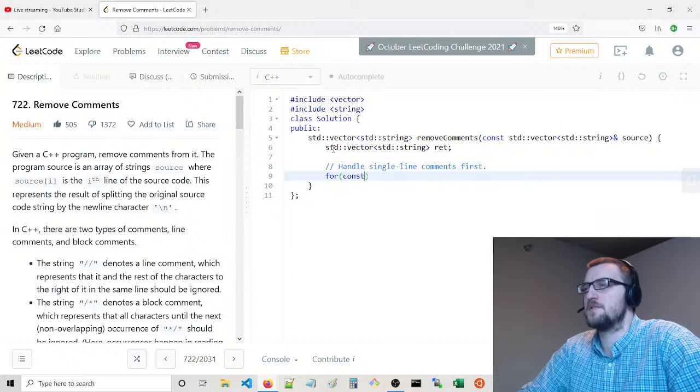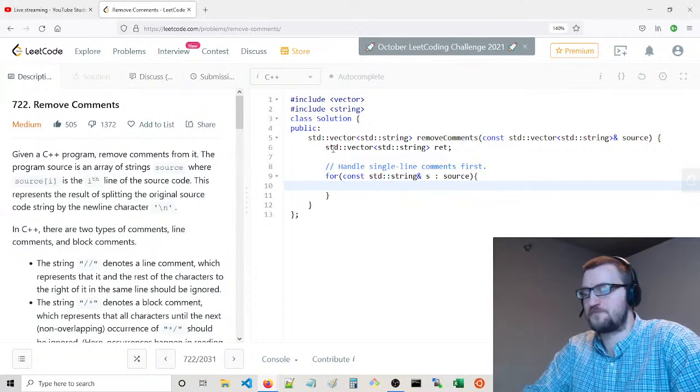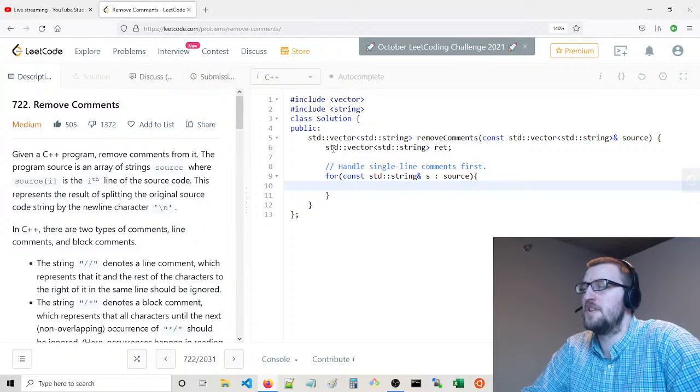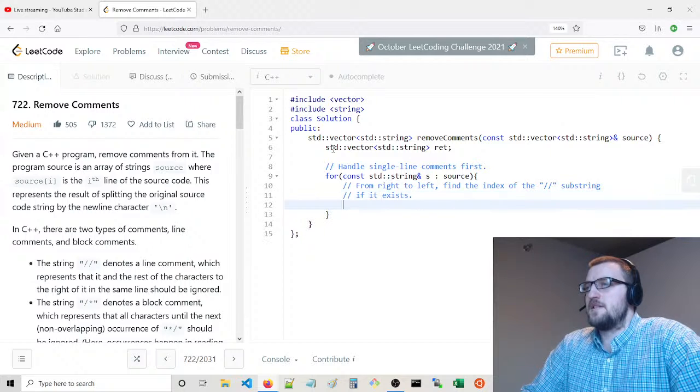So for const standard string reference s in the source, we'll say from right to left, find the index of the character sequence substring, and check if the substring exists.